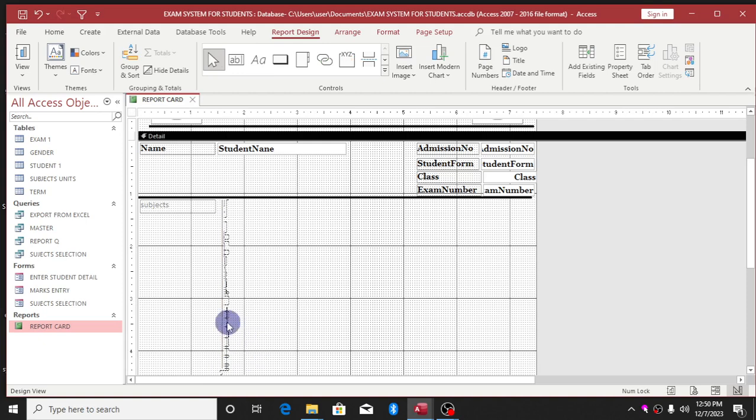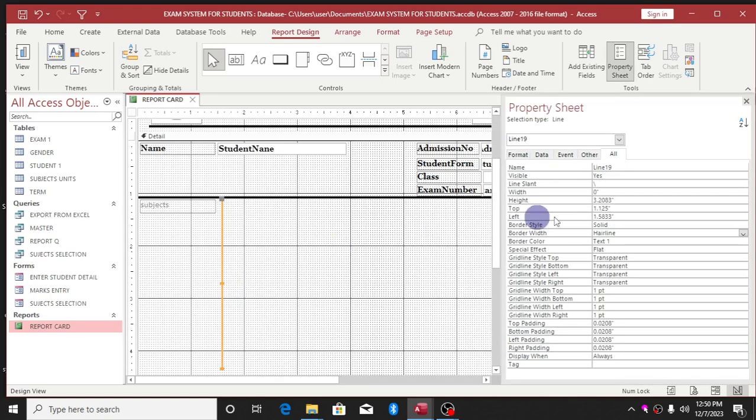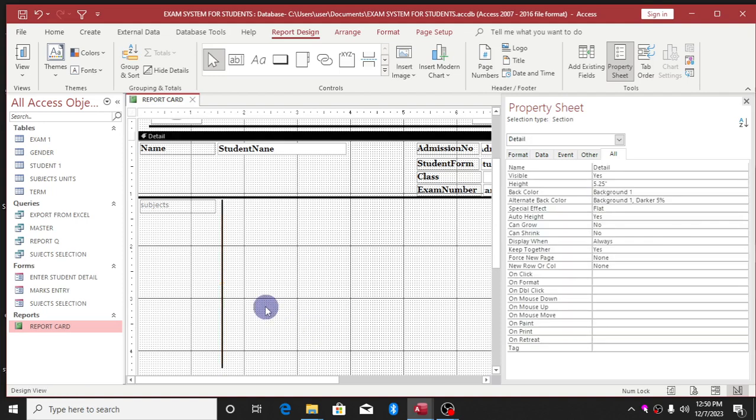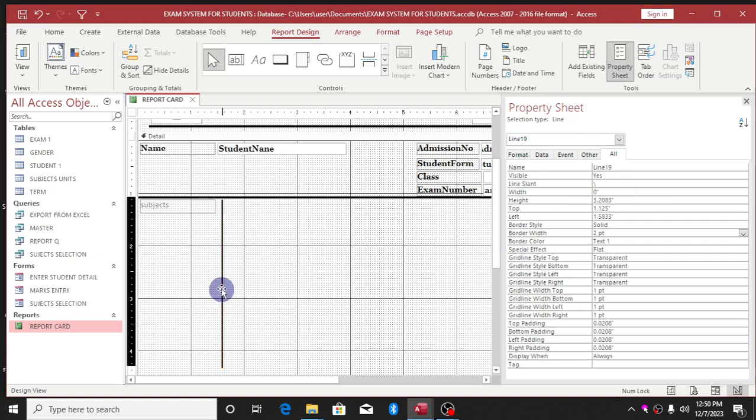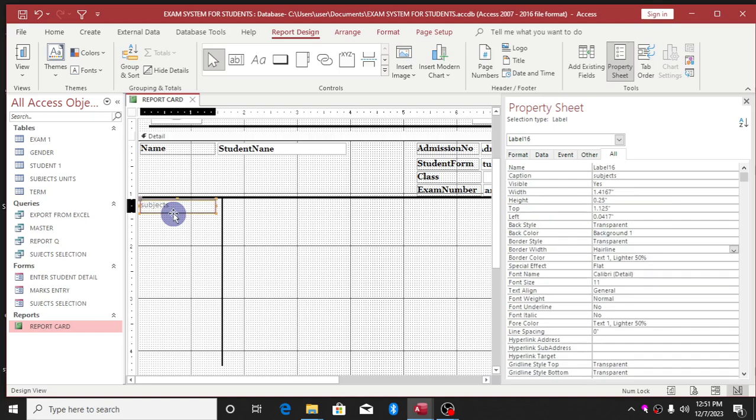I'm drawing a straight line now. So I can now increase it. Double tap. Then you come to this place. So mind you, this line is not going to be as thick as the other one. You can make it 2. And you can now put it on top like this. This one is subject now. Increase this one now. Let's increase